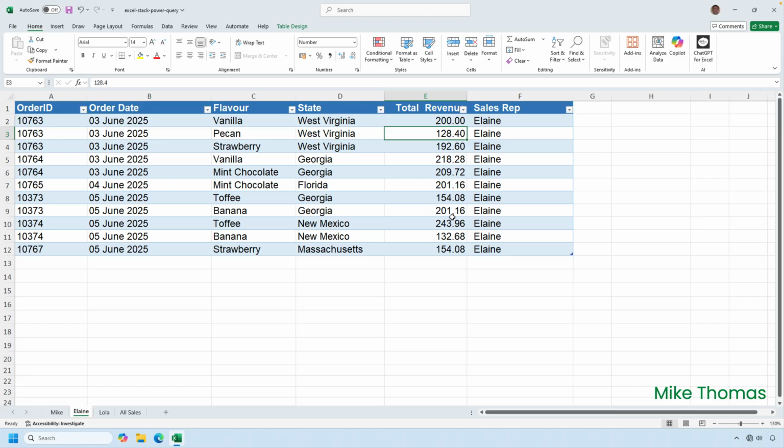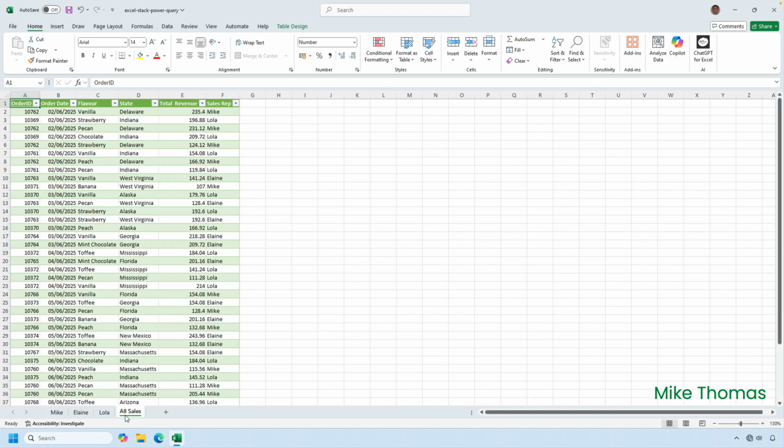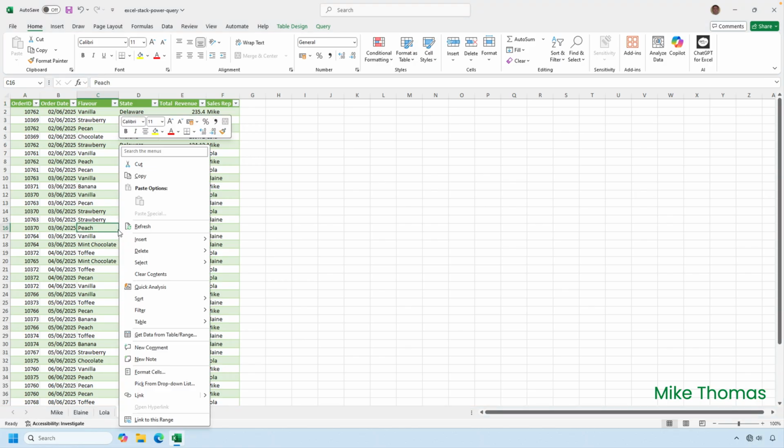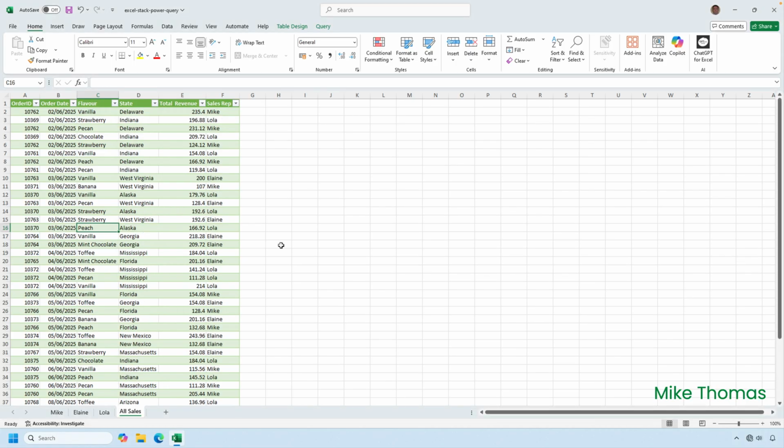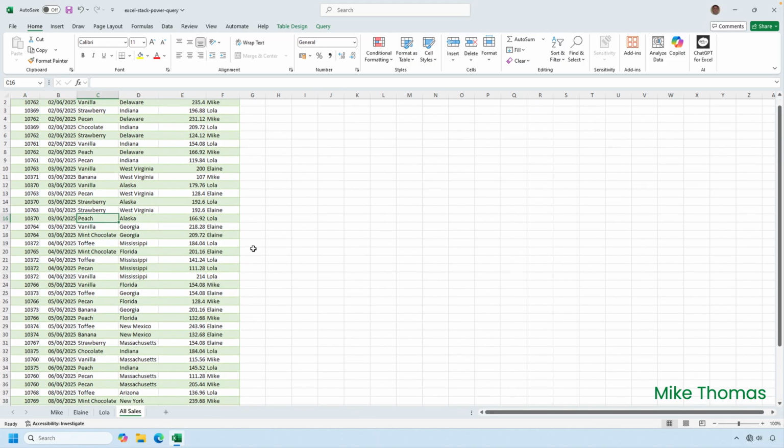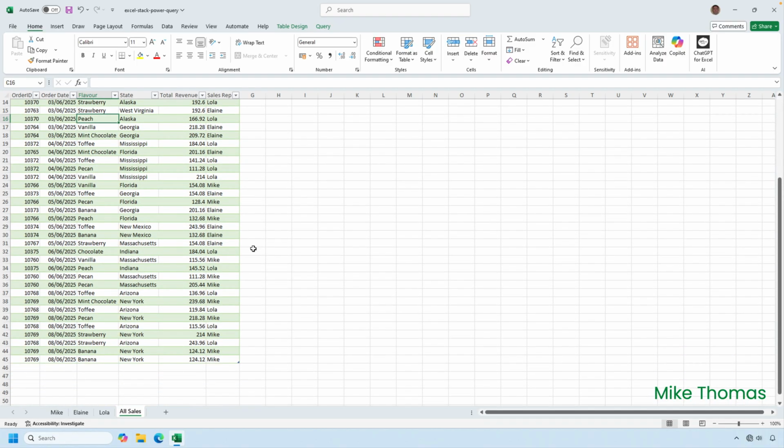Unlike the VSTACK function, with Power Query, the combined list doesn't automatically update. However, it's not difficult to do. You just have to remember to do it. So go to the All Sales sheet, right click in any cell, and from the menu, click Refresh. And that has now updated this table. You can see that we've got the 200 for Elaine for that record. And if I scroll down, we've got the two